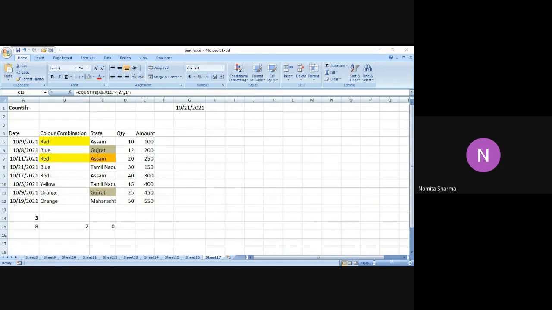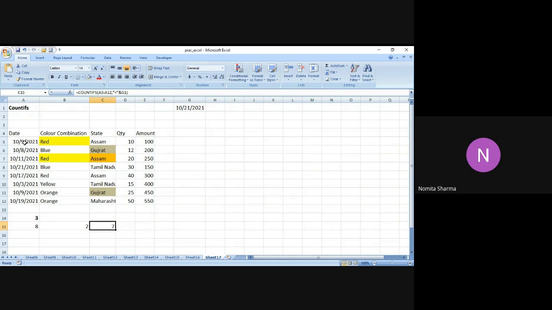So bracket, yes, yes, so this is right. Let me check one more time. It is COUNTIFS A5 to A12, comma, ampersand. Yes, I had put an extra comma and an extra double quote over there. That is why it was giving me the error. So I removed that extra double quote, and now I'm getting the answer as 7. So indeed, 7 values are there that are less than the date mentioned in G1, that is 21st October.